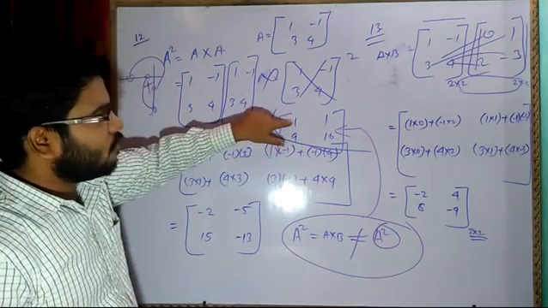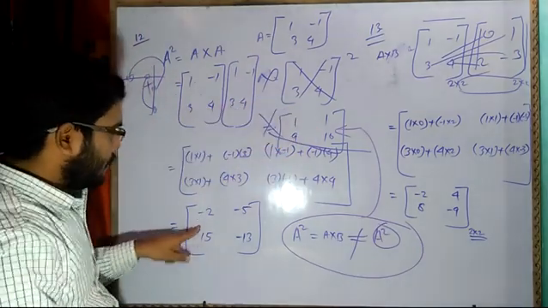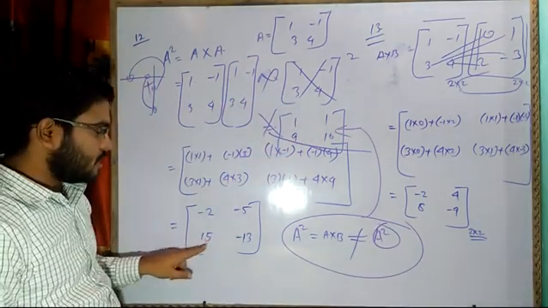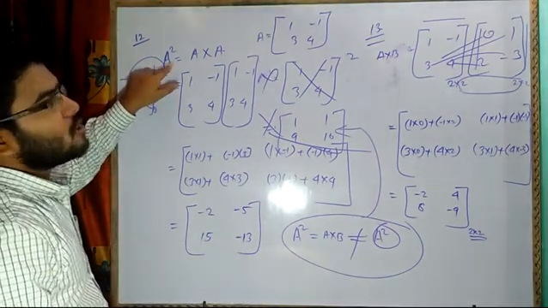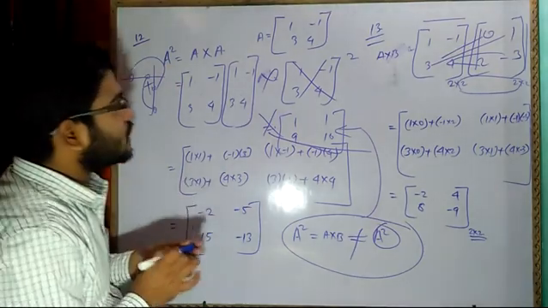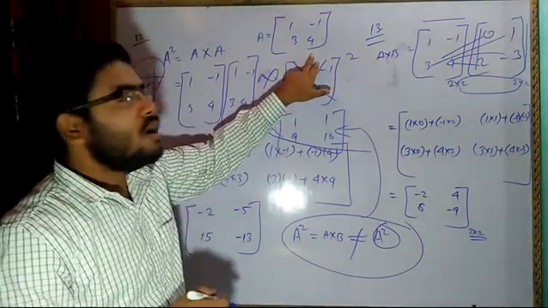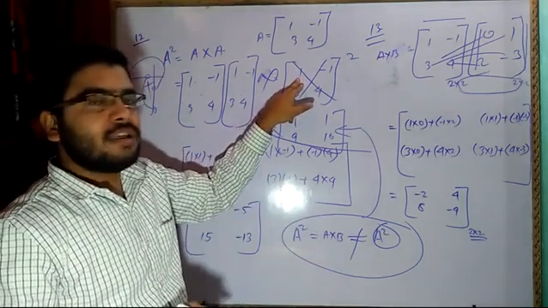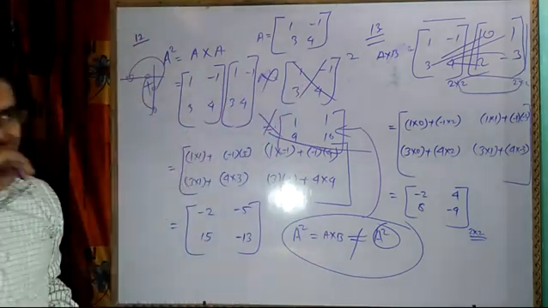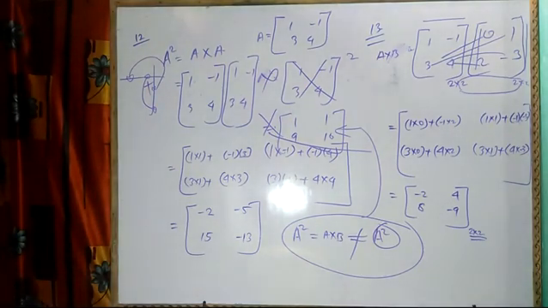Like this term means here you see what we have got. If I apply squaring, it will be 1, 1, 9 and 16, but the result is minus 2, minus 5, 15 and 13. So this A square or matrix square is not like squaring the number or squaring the element. You cannot square the element, you have to multiply the element. In the upcoming lectures I will be more clear on this topic, on this particular type of sums. So till then you just try to understand whatever I have said.